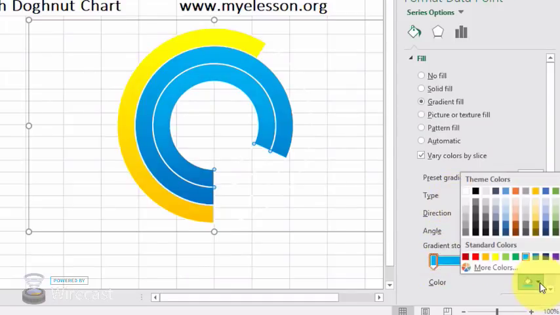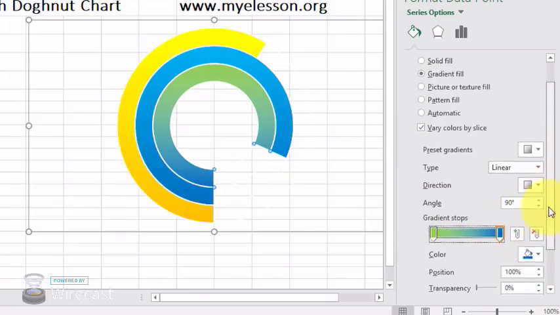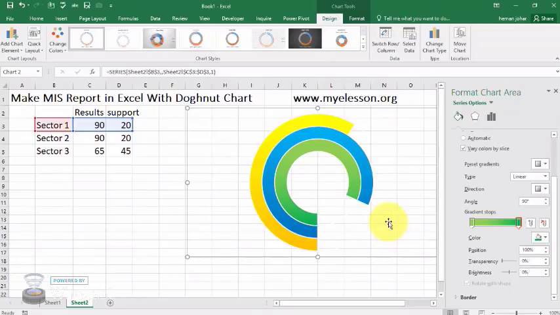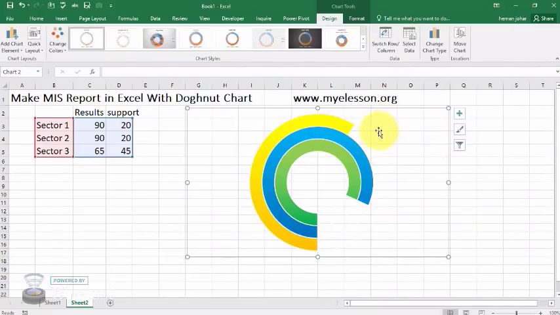First stop has to be bright green and the last stop has to be darker green. Now our chart is almost ready. I'll close this. Now